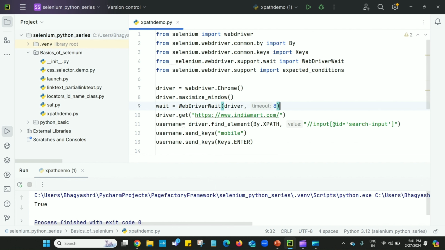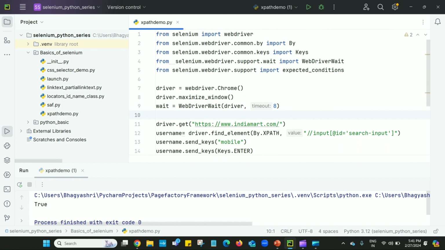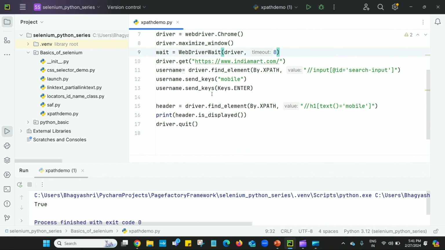For example, I am giving 8, meaning it will wait for 8 seconds. I know that after entering this mobile keyword, mostly I am getting the error no such element exception at this header. So I will define this header by using expected conditions.